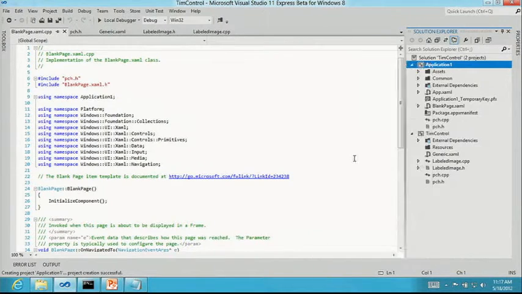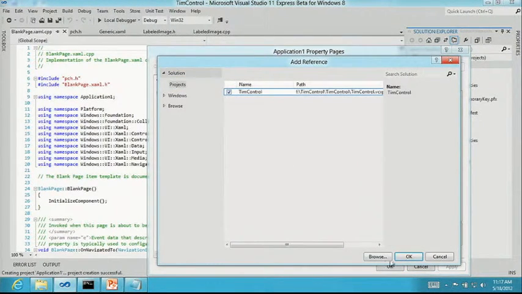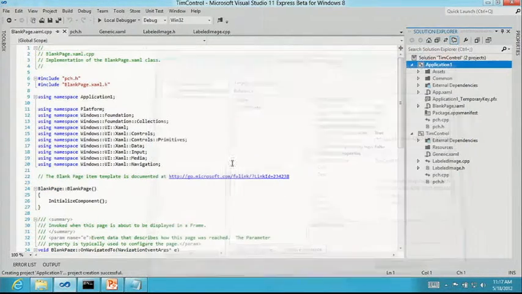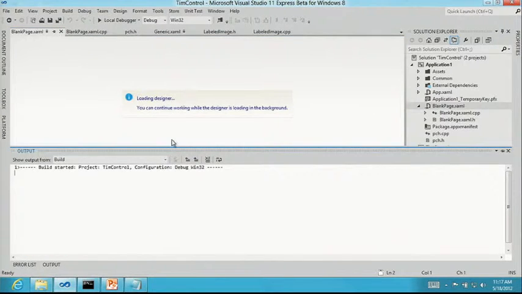And now I'm going to add a reference to that custom control. I'm going to show you how you can consume it. So in my XAML application here,